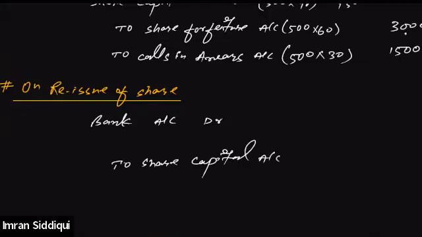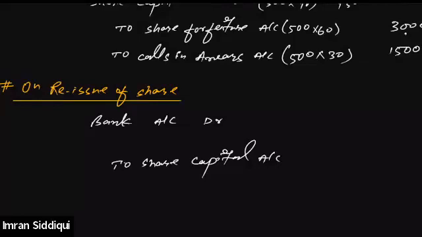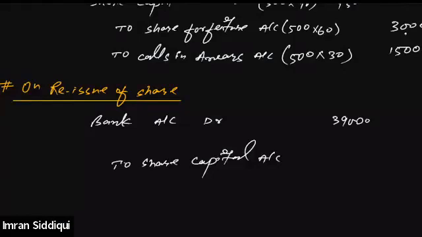So bank account. We have basically reissued these out of 500 shares. We issued 60% shares, right? So that means 300 into. Just a minute. By issuing the shares, we were able to collect 39,000. That is what is given in the question: 60% shares were reissued for rupees 39,000 fully paid. That means we must have issued 300 shares at